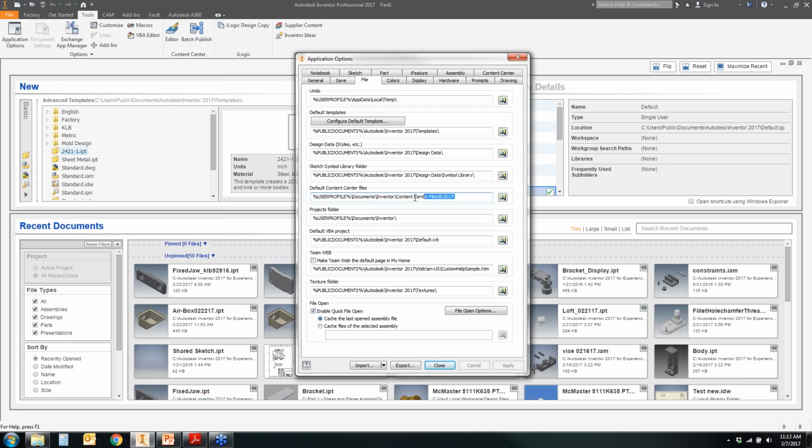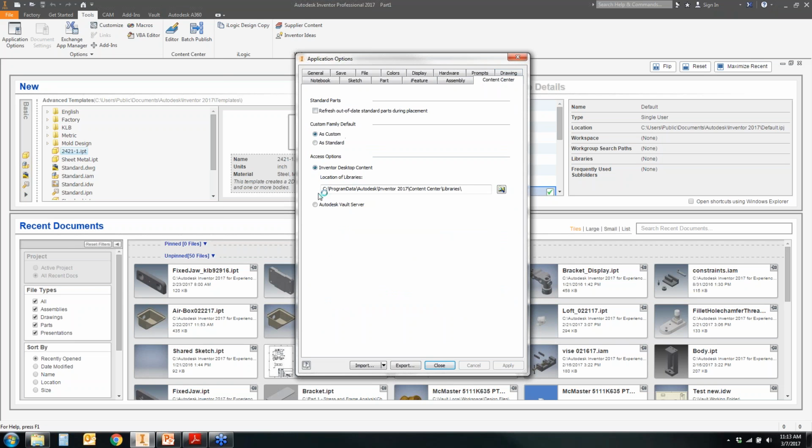This is considerably different. This is where those IPTs get saved. That is different than the Content Center path here. This path is the location of all the databases to make up the Content Center files. So if we were actually to go there,